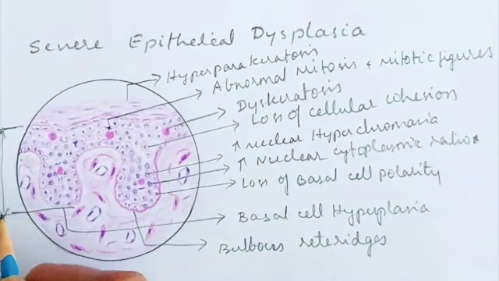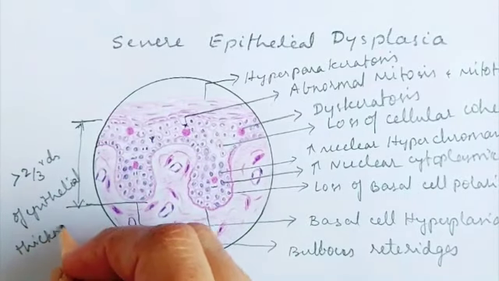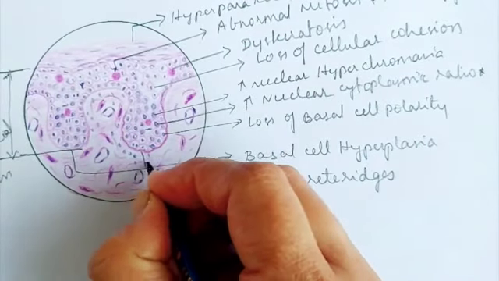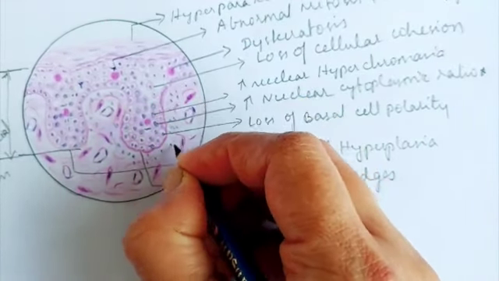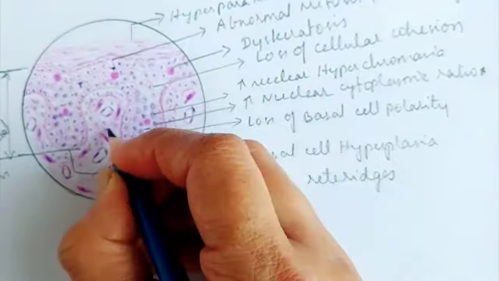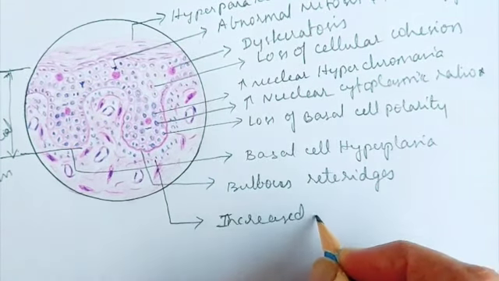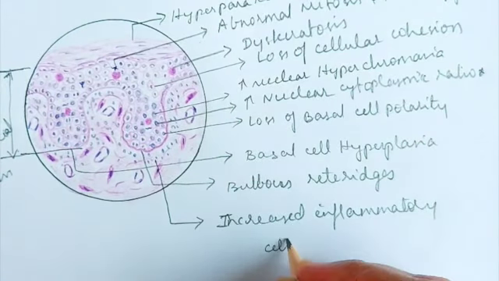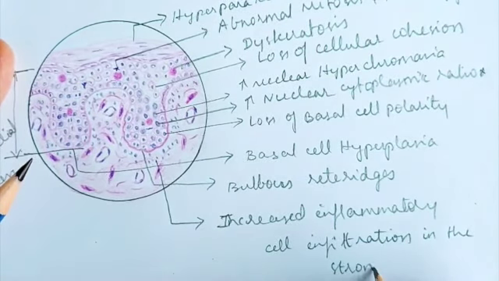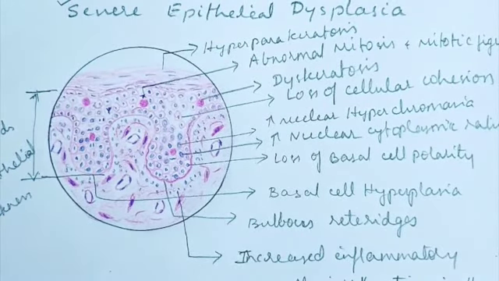All these changes are including more than 2/3 of the thickness of epithelium. That is why it is severe epithelial dysplasia. As I mentioned, more of inflammatory cell reaction you will be seeing in the connective tissue stroma in severe epithelial dysplasia. Now that cells are losing their contact with each other, more chances of them breaking the basement membrane and getting into the connective tissue. That is why more of inflammatory or immune response to ward off these cells in this situation. So these are the features that we see in severe epithelial dysplasia.